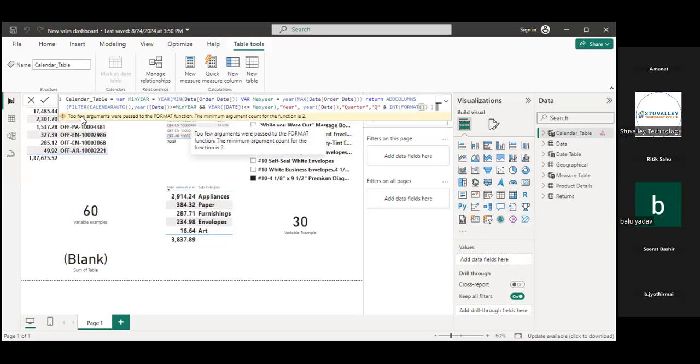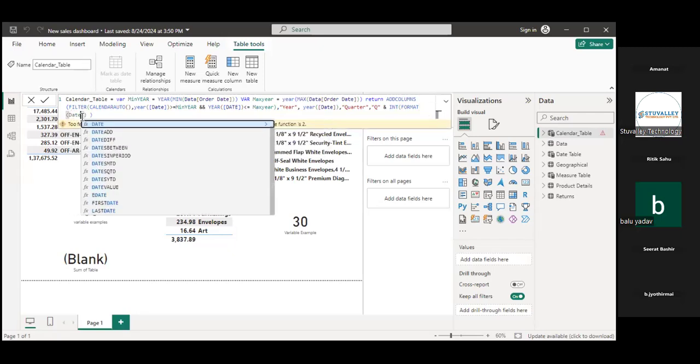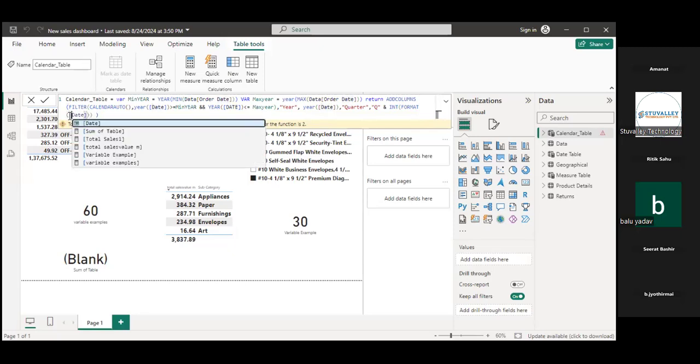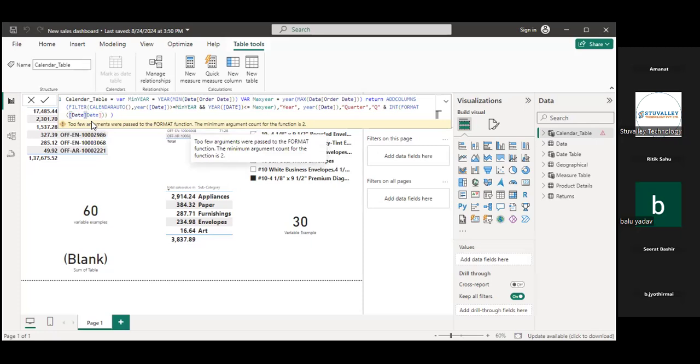I don't know why it is showing an error, because syntax wise it is absolutely correct. Anyone try it in your system and let me know fast. Yes, try it fast and let me know why it is giving us an error. Maybe it is showing an error for me only. For you it will work because syntax wise it is absolutely correct.